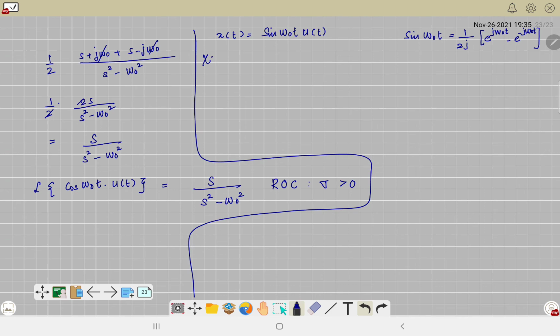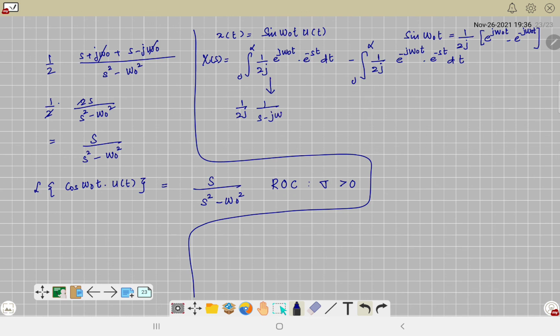So you can solve it, so it will be X of s equals integral 0 to infinity 1 upon 2j e raised power j omega naught t into e raised power minus st dt. This will be the first integral. Then 0 to infinity 1 upon 2j e raised power minus j omega naught t e raised power minus st dt. So this thing will be equivalent to 1 by 2j